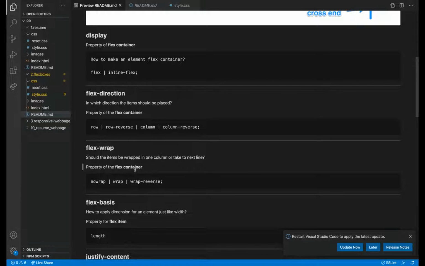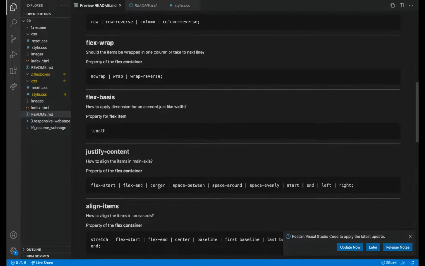Wrap is also a property of the flex container. Wrap, no wrap, wrap reverse. We have studied all of these.